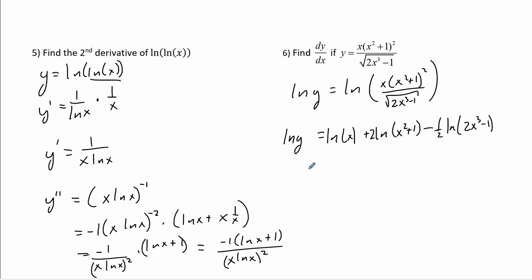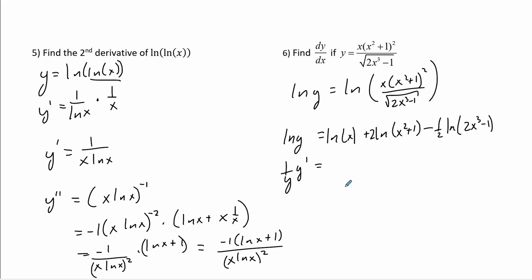So I took all of this long stuff to make it easier to find the derivatives. You could find it using the chain rule, quotient rule, product rule, and do all that stuff. It's going to be the same answer, but using logs, it might be easier. So now let's take the derivative. The derivative of ln of y is 1 over y times y prime, equals